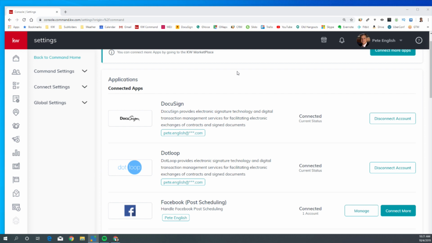So Docusign is a piece of software that's written by a company called Docusign. It is not owned by KW at all. And it's a totally different piece of software, and that piece of software has been around for a long time. Okay? And it's a pretty slick piece of software, and you can do a lot of things with it. So we're going to talk today mostly about